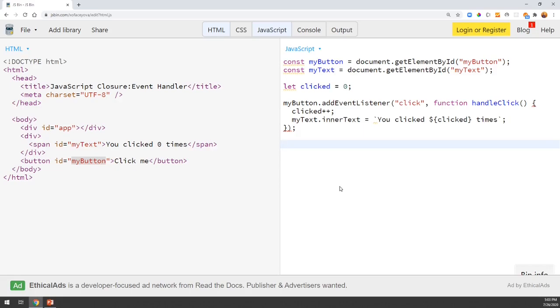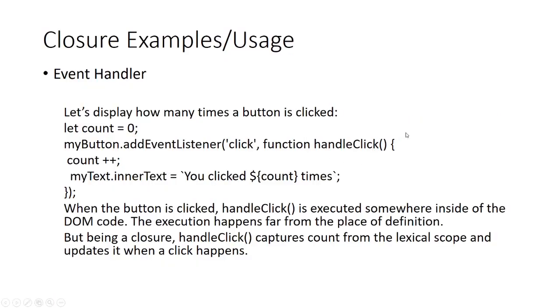And many times we are adding event listeners in our code when we write some code in Angular or React or in core JavaScript as well. So this is a closure. That's why we can access these outer variables inside our callbacks and event handlers. So this was an example of closure, that is event handler. So we'll see the next example, which is similar to event handler.